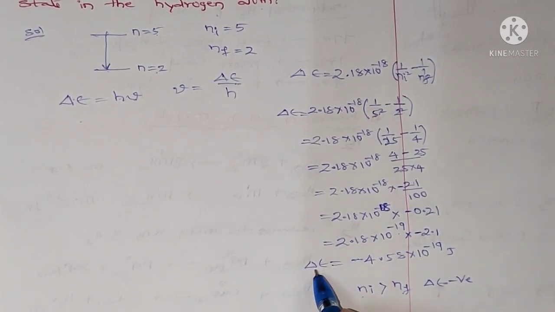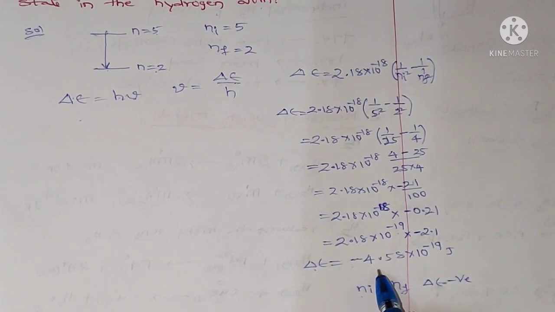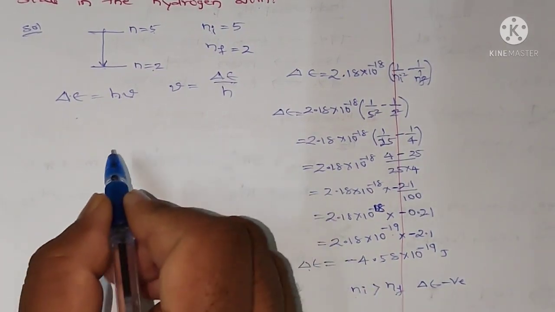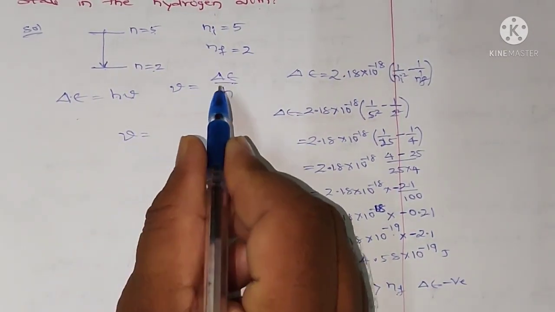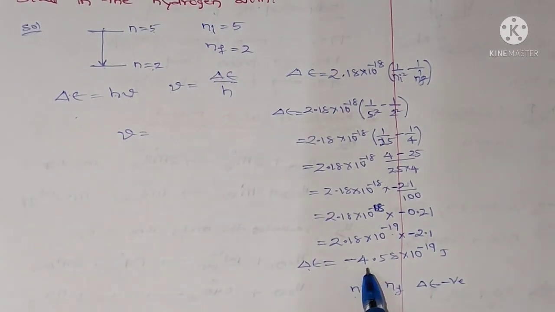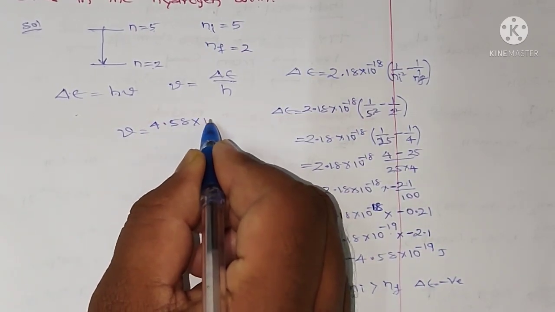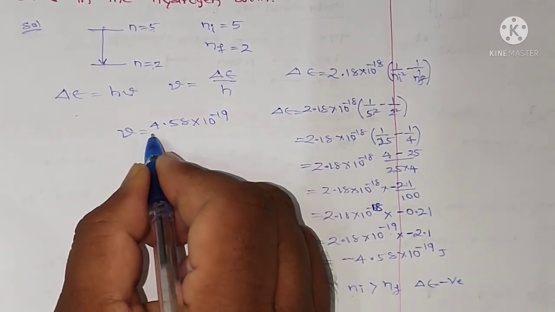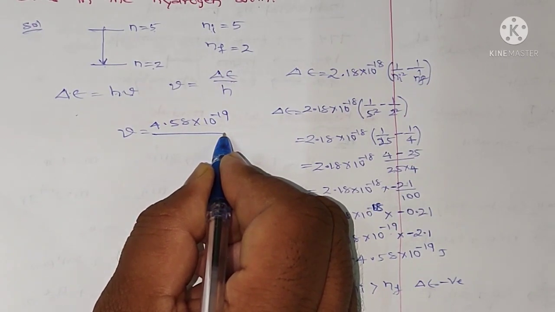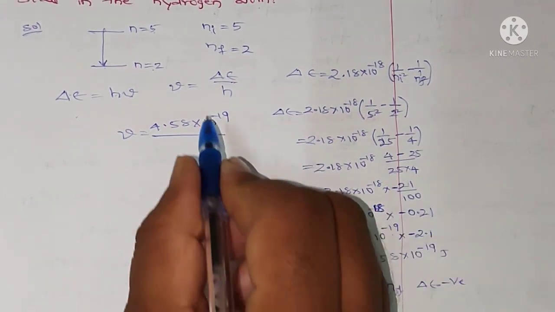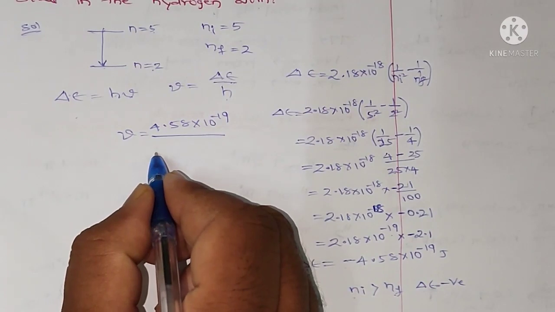So here the delta E will be negative. So here frequency nu is equal to delta E, that is this one, 4.58 into 10 to the power of minus 19 divided by h, Planck's constant,